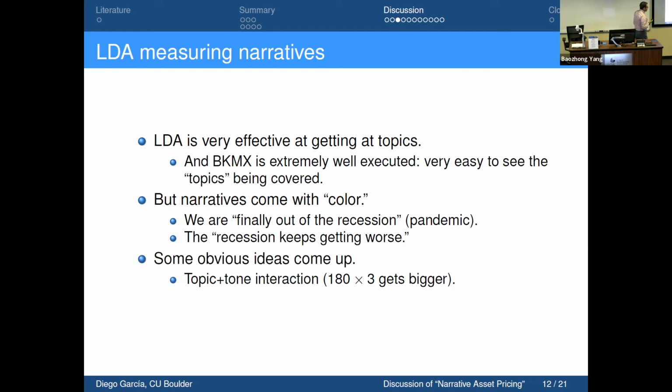And I think this is, by the way, where I stopped 10 years ago. Now that I've done a lot more work on sentiment, I think the obvious idea, and what I should have done 10 years ago, is to try to do some interaction. I was doing something different. I wasn't trying to explain the cross-section of asset returns. But this interaction between the topics and the sentiment when they're talking about these topics is a very natural extension that the authors can do almost off the shelf. And yes, it's going to go from just thinking about neutral, positive, or negative, so you're going to multiply 180 times 3. But this IPCA is precisely designed for these large numbers of factors. I don't think that's really a reason not to implement it.